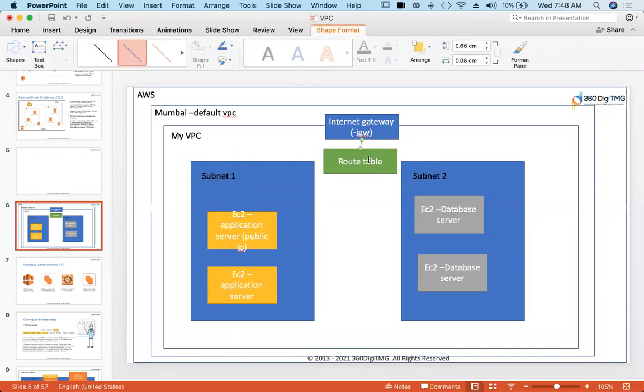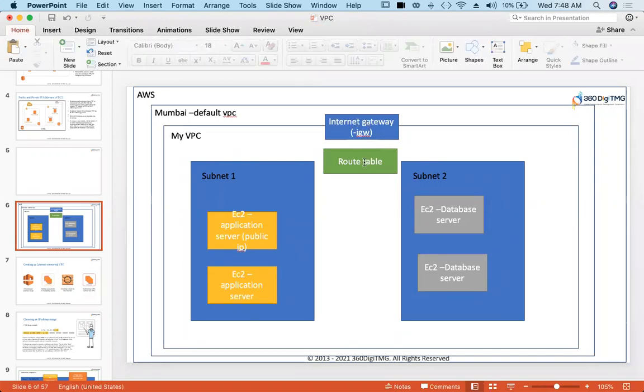Suppose if this link is not there, your route table can handle traffic only inside your network, not outside your network, because the internet gateway is not attached to your route table. It's a gate through which the route table can route traffic outside.